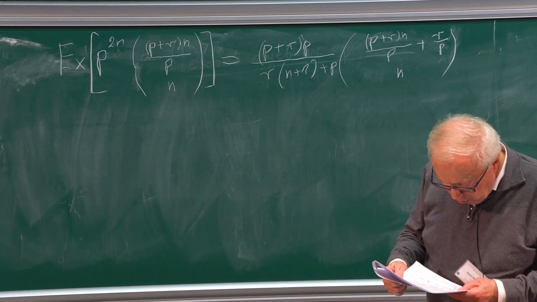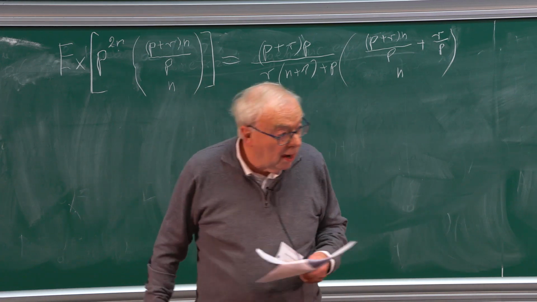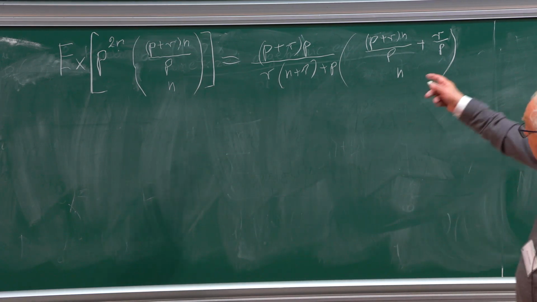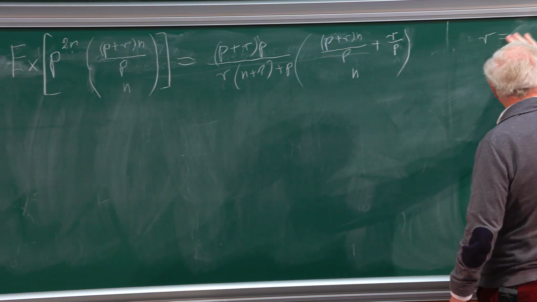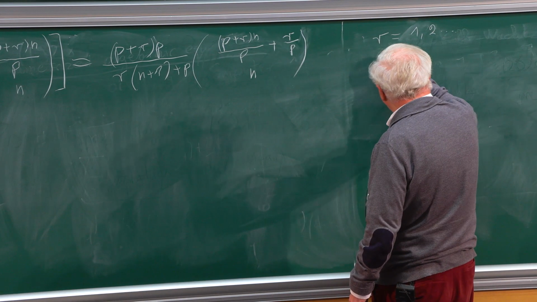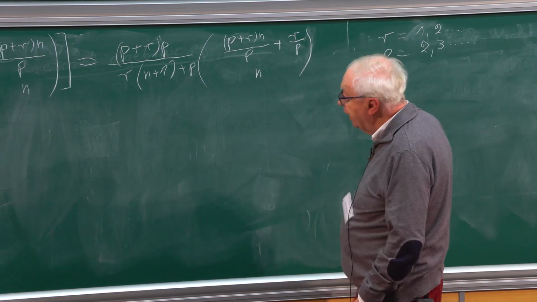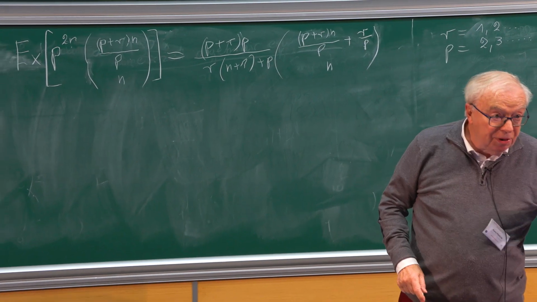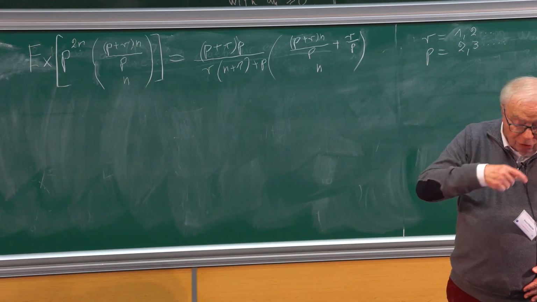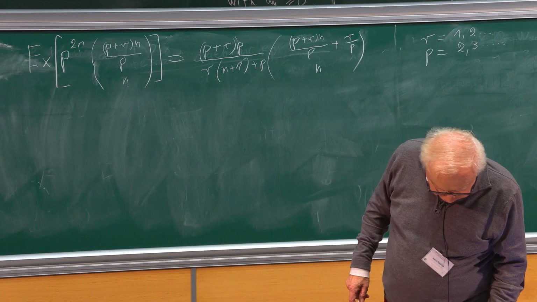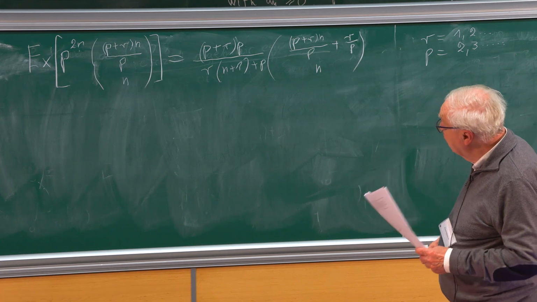Okay, and I'll give you now another two examples. So R is 1, 1, 2, and P is also, let's say, 2, 3, and so on. Okay, but as I said, it works also for P, which is rational, and I will give you an example in a second. Now, but now there is a tendency to think to use